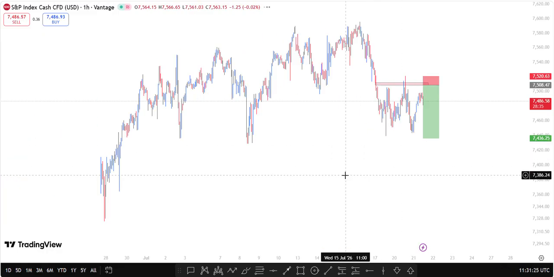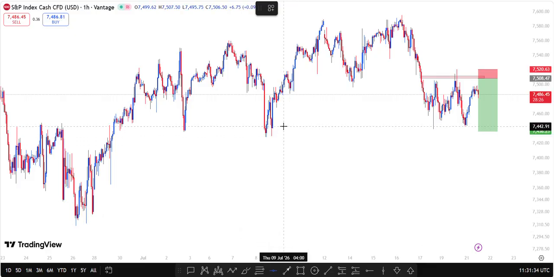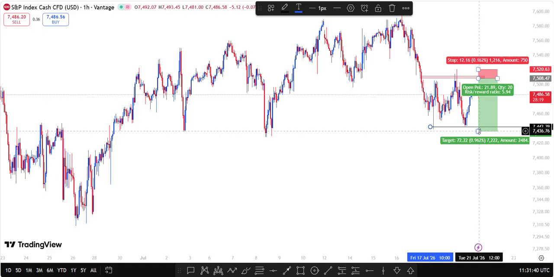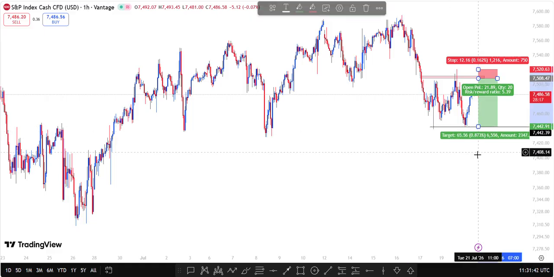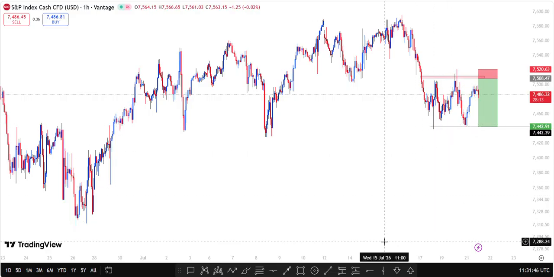This is not a swing trade, this is a day trade. I would most definitely wait for price to come to these areas right here. This would be my take profit. This would be a 1:5 on my end. I'd be risking 1%,